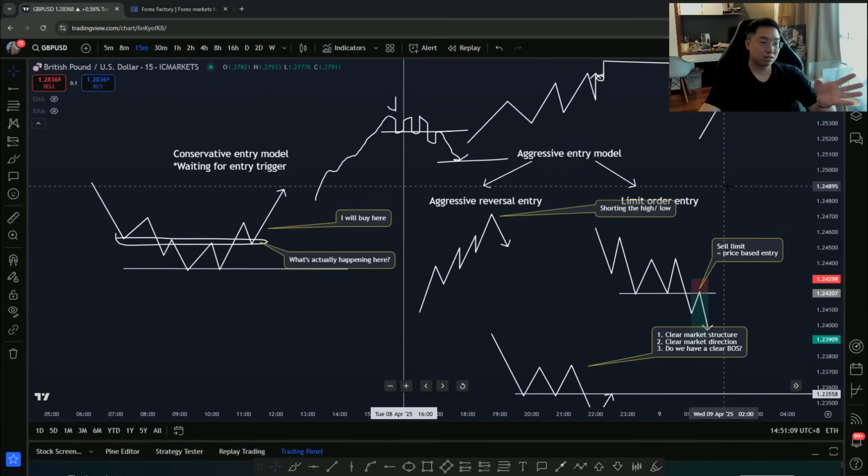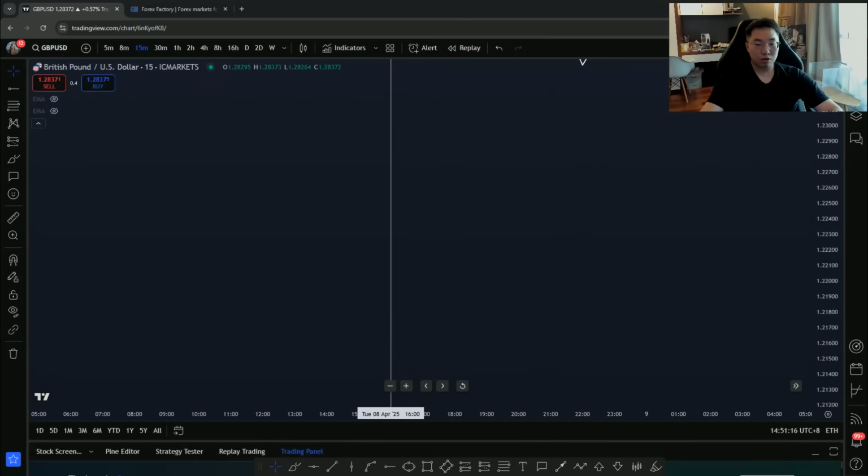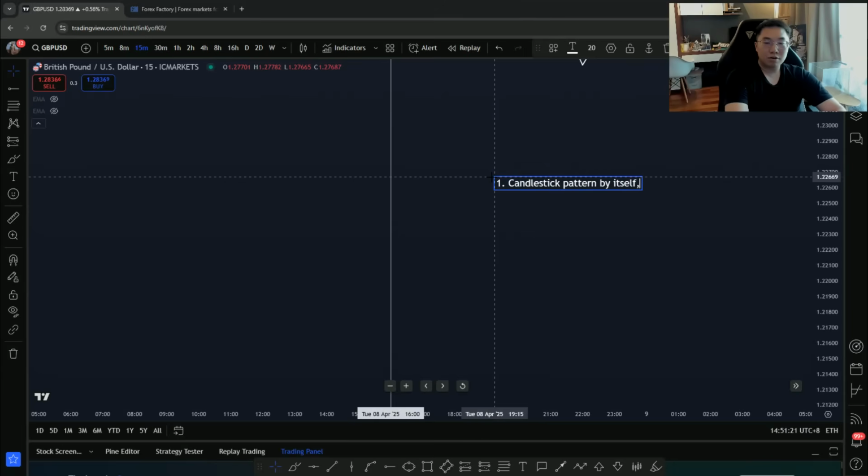Remember a few key things to learn here. First thing, candlestick pattern itself is unreliable. So let me just summarize it to all of you. So first thing, candlestick pattern by itself is unreliable. Second thing, one candle does not mean anything. Multiple candles does. Third thing, have a trading system that splits out an aggressive versus